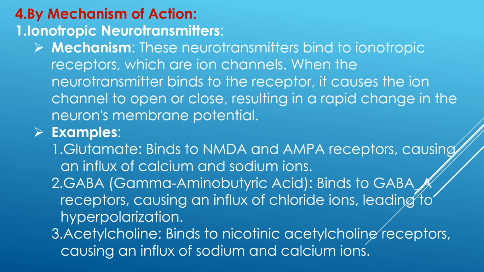Examples: glutamate binds to NMDA and AMPA receptors, causing an influx of calcium and sodium ions. GABA, gamma-aminobutyric acid, binds to GABA_A receptors, causing an influx of chloride ions, leading to